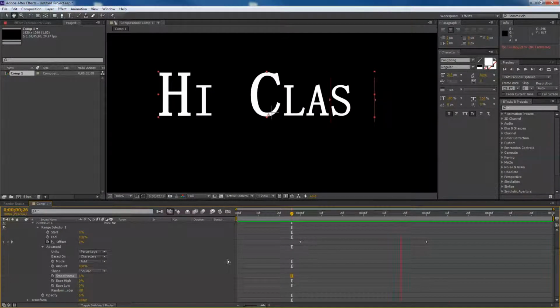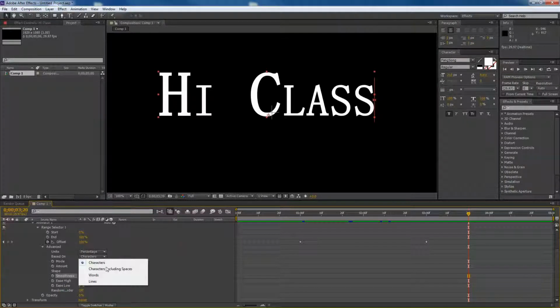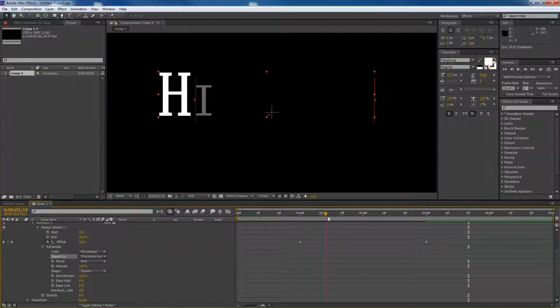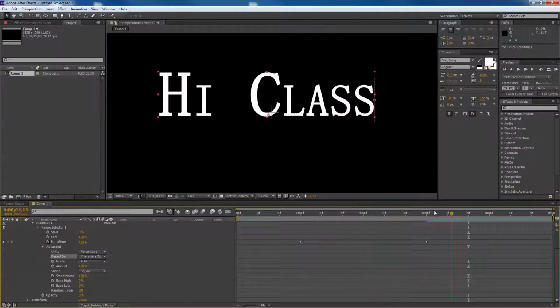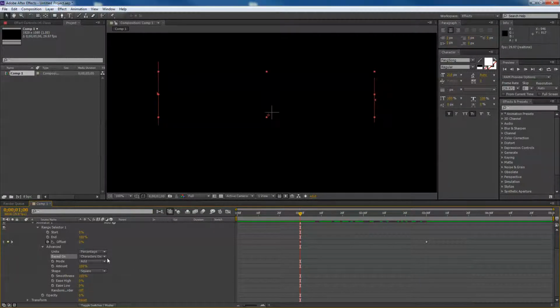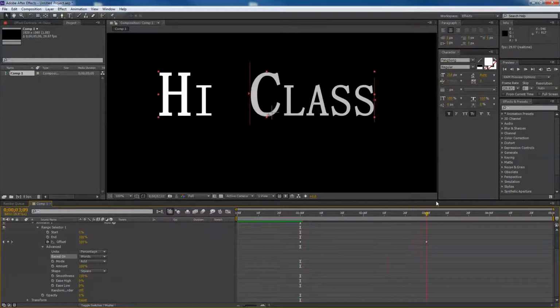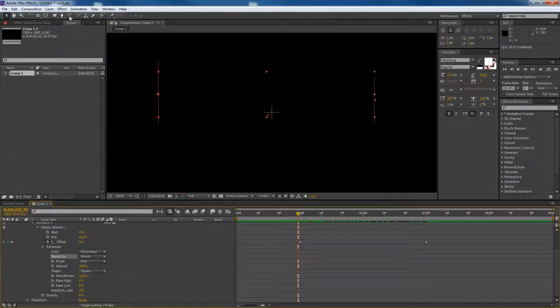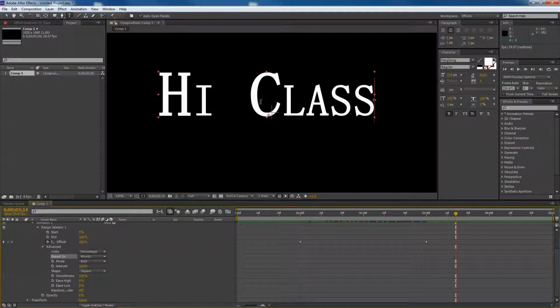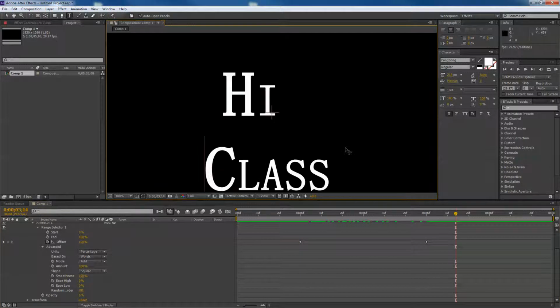Which may be the effect that we want, right? I am going to just go over some of these other things too. Right now it's based on characters, we can exclude the space, where it will not count the space as a character. We can change this to words, where we can have one word at a time, right? And if we go up here and make this actually two,